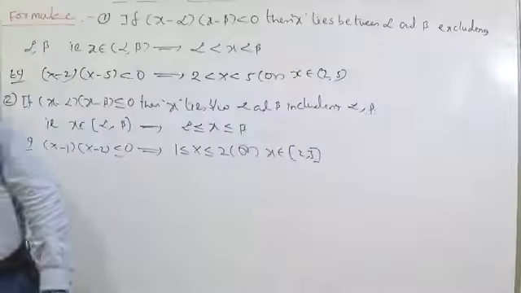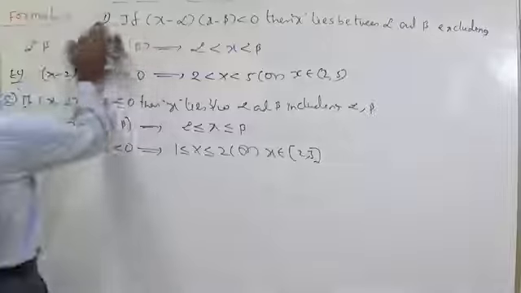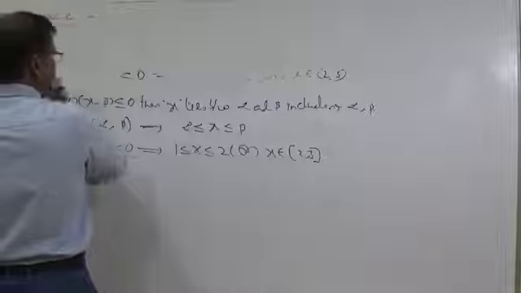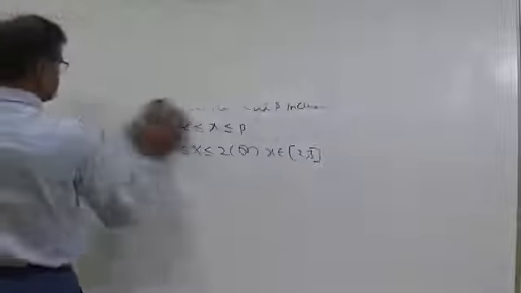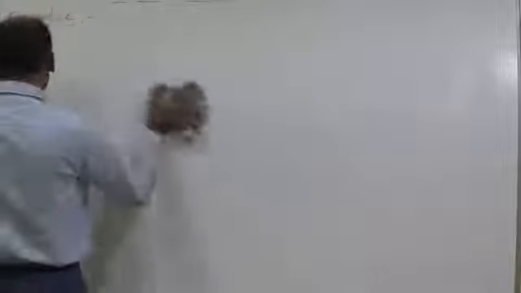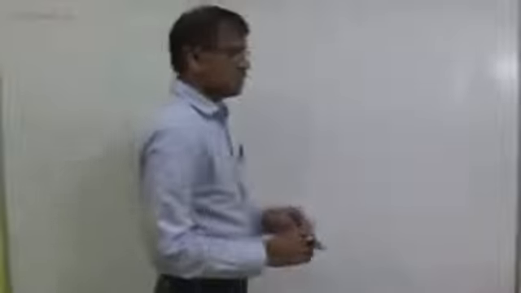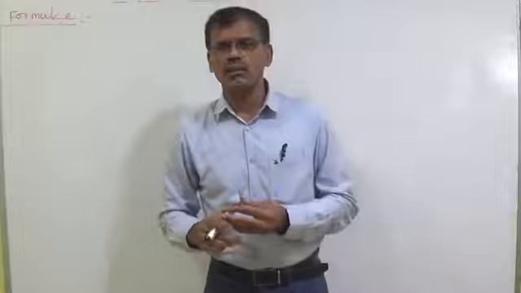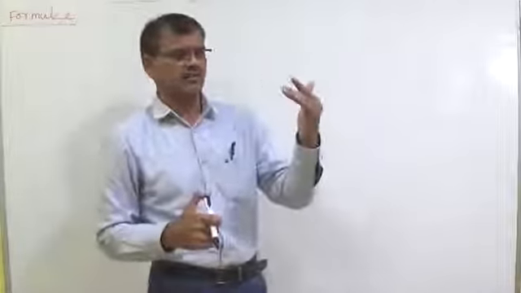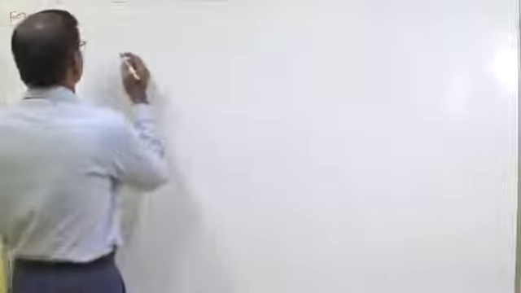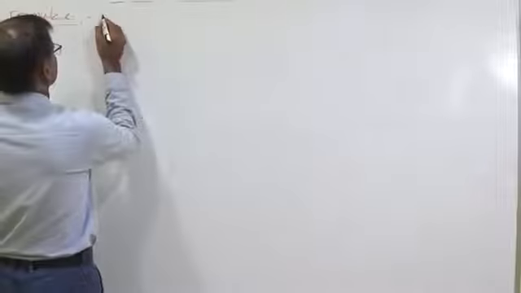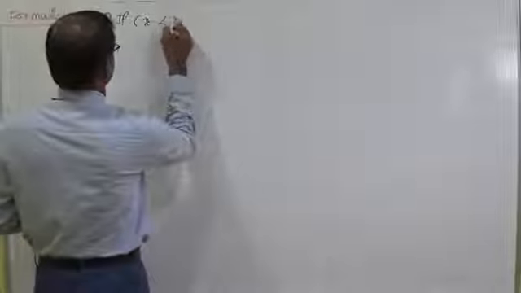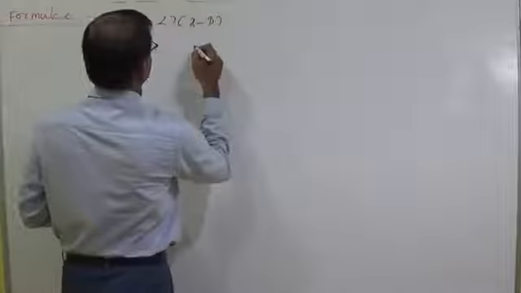Now, somewhat more typical, let us discuss the third formula. I think in 10th class you already have learned about the formula. If you know the formula, now you can learn the proofs of all the formulae in second year, in the quadratic expressions topic in Maths 2A. Now, third formula: if (x minus alpha) into (x minus beta)